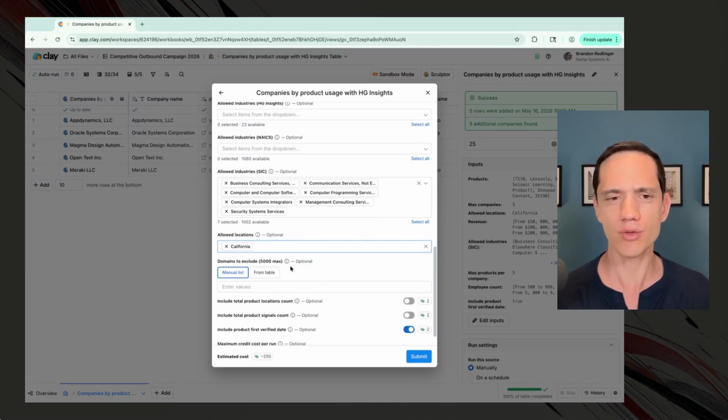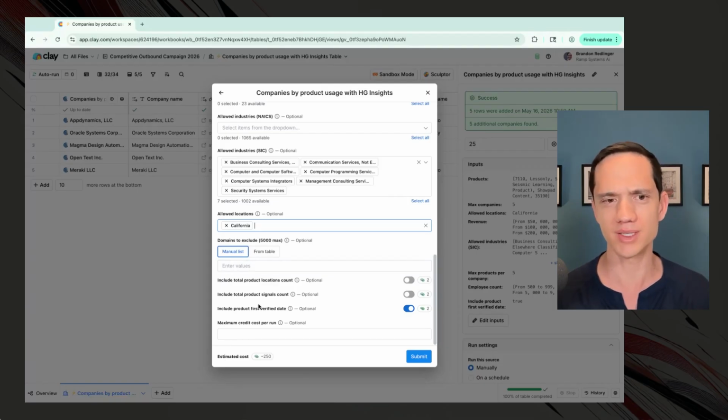And the one other thing that I'm doing here, I'll show you why I'm doing this later, is including the first product verified date. So it's an extra 2 tokens, sorry. But I'll show you why that's important. Now, the one thing to note about this is